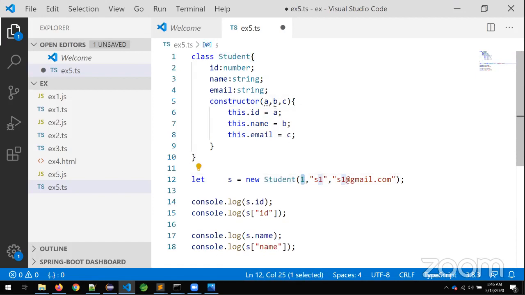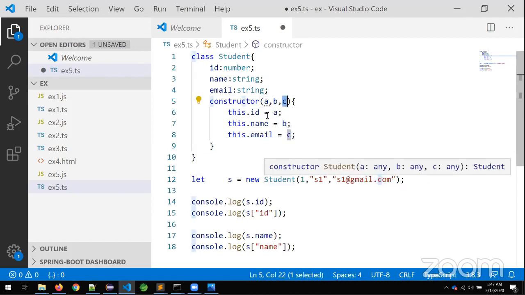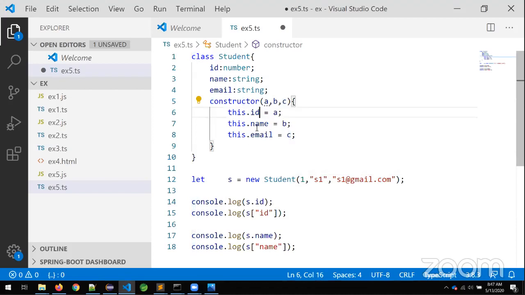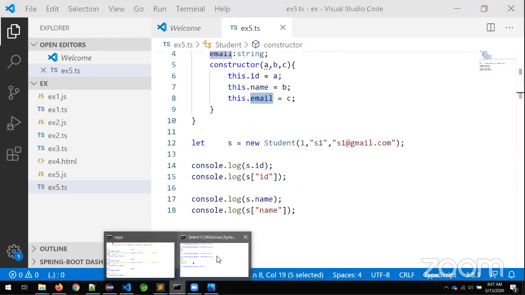What is the A value? 1. What is the B value? s1. What is the C value? s1@gmail.com. These values are assigned to id, name, email. So in this way, I can do it. Let me show you that.